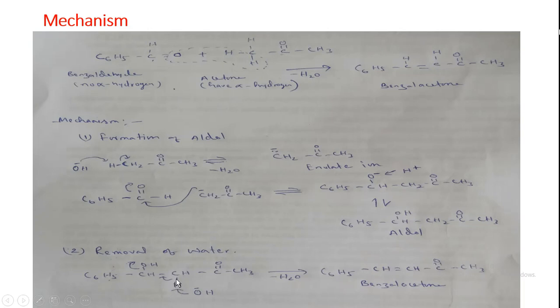So this bond pair electron will go here. At the same time here also one OH will come out. Okay, this bond will break. So ultimately here a CH double bond CH bond will be formed. Okay, so see here H OH water will eliminate out. So ultimately we are getting C6H5CH, this OH came out, double bond. So electron from this bond and electron from this bond will form another bond here. So CH C double bond O CH3. So this is known as benzyl acetone. So this is the overall reaction mechanism.